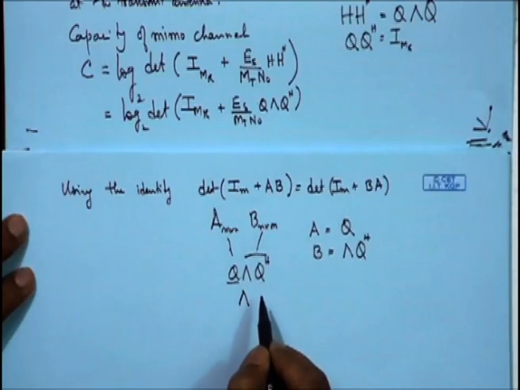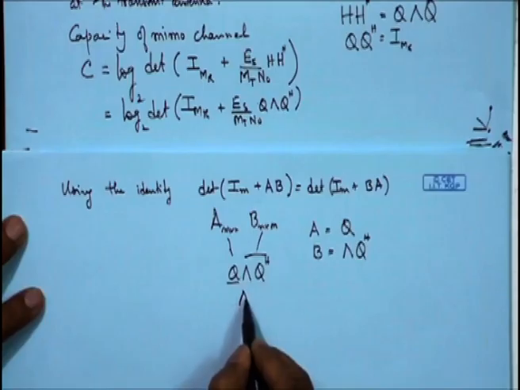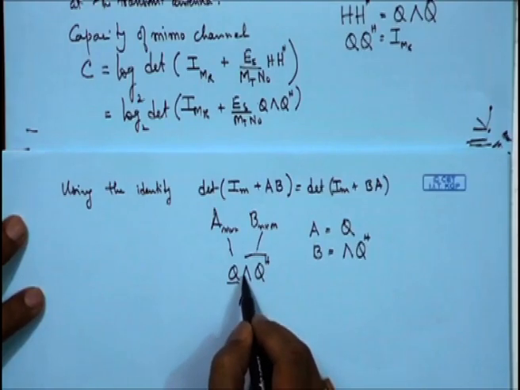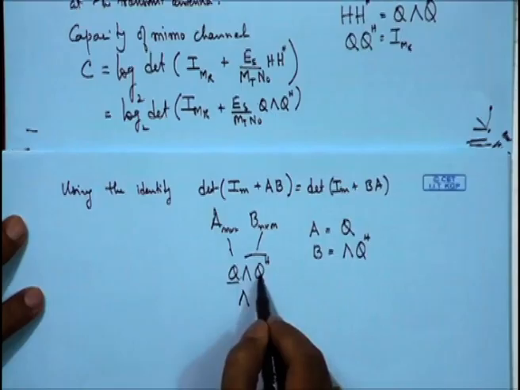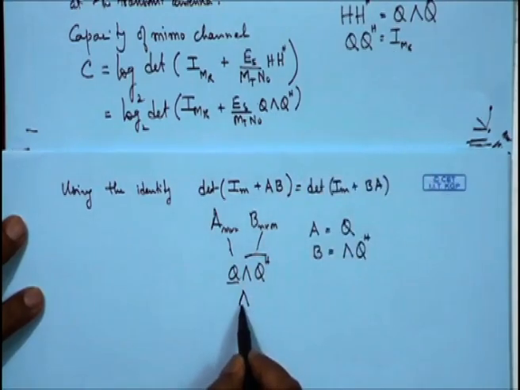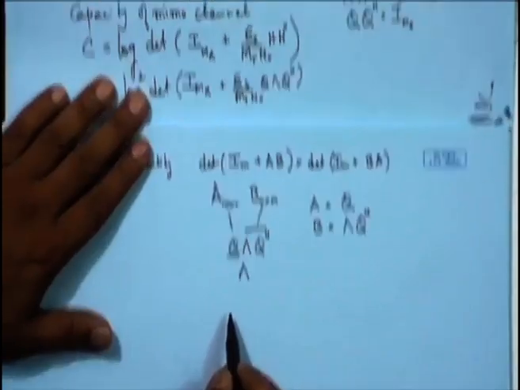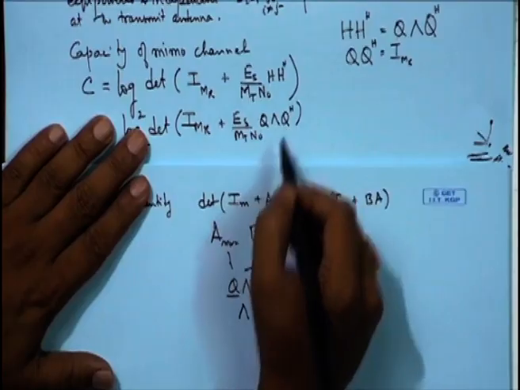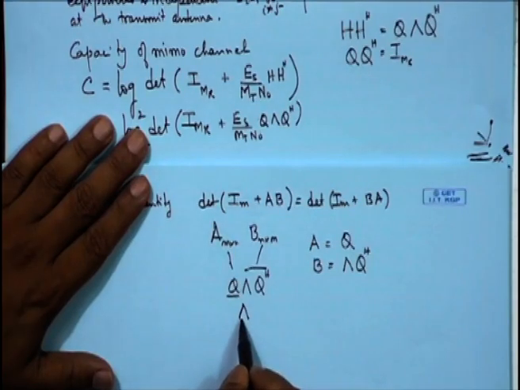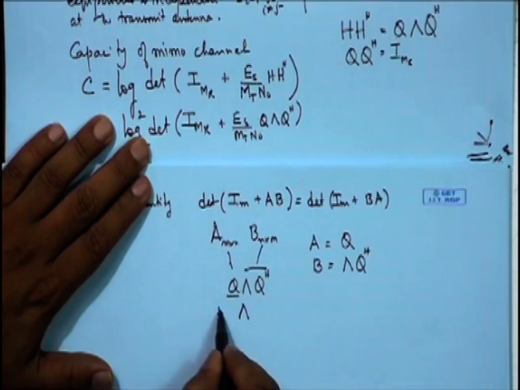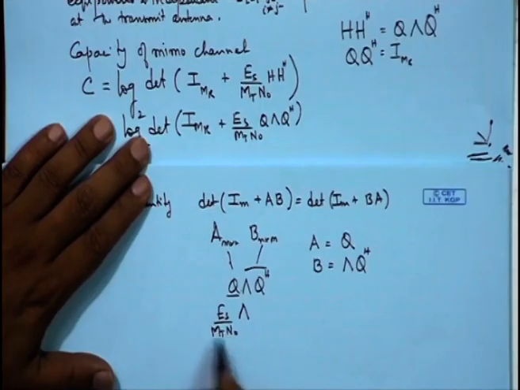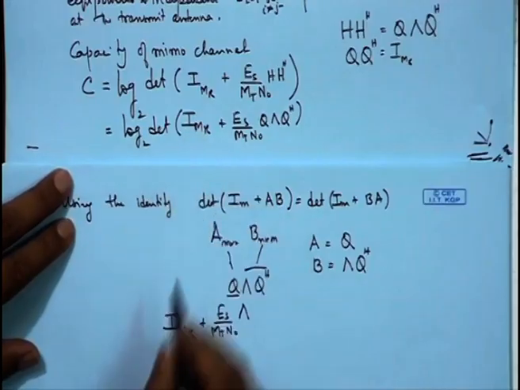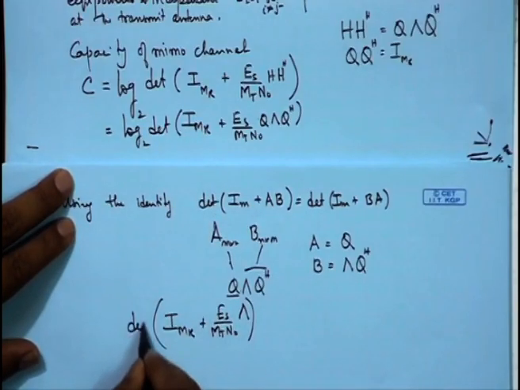So inside the determinant B times A, you are going to get lambda times Q Hermitian Q, and Q Hermitian Q is equal to I. So basically it will be left with lambda, and so H Hermitian gets converted to Q lambda Q Hermitian, which can be written as lambda, because we are finally taking the determinant of it. Es by Mt N naught remains, there is no change to it, plus I_MR remains, there is no change to it, and you have the determinant